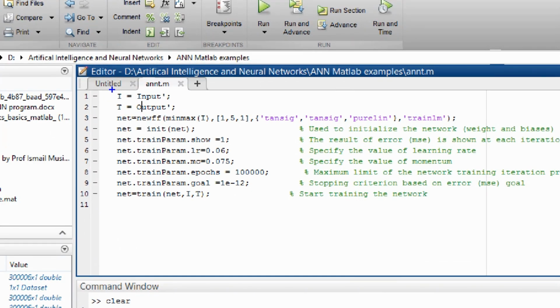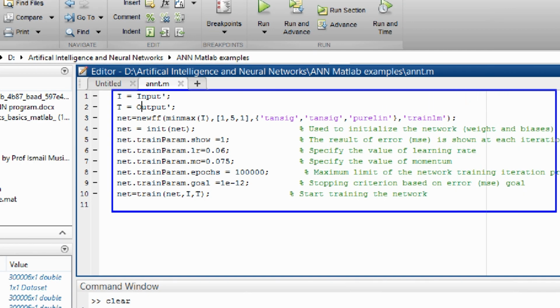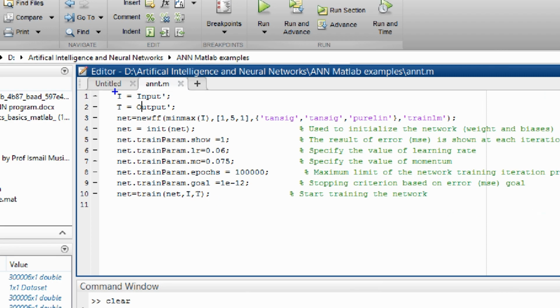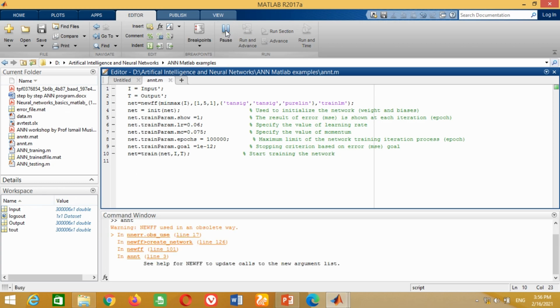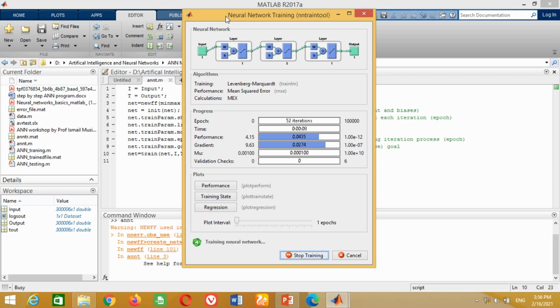It may be noted that you can use the same program as discussed in the previous video. Just change the first 2 lines of the program as shown here. Now to start the ANN training, just click on this run button. It will automatically start the ANN training. It may be noted that ANN training is a complicated process and takes a lot of time.